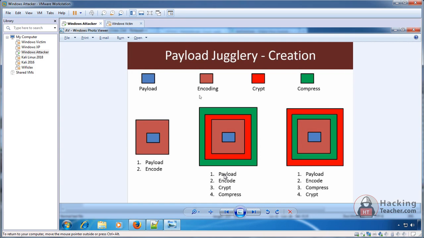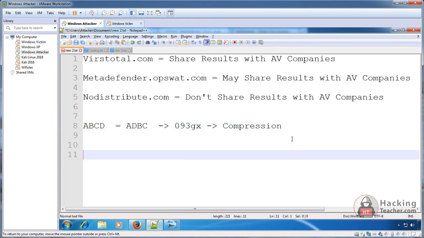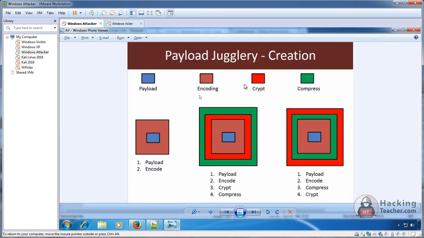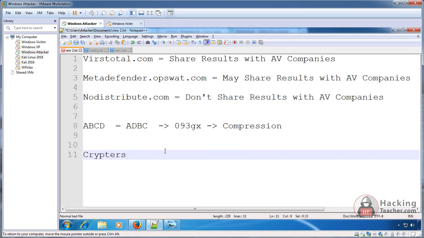Now you will think, oh my god, it's a very typical process to make a Trojan undetectable. No, there is already ready-made software which we can download from the internet, which we usually call cryptors. But actually they do not only crypt, they do encoding as well, encryption as well, and compression as well. So they do a lot of things. But in the general way, over the internet, people call them cryptors, which you can buy.